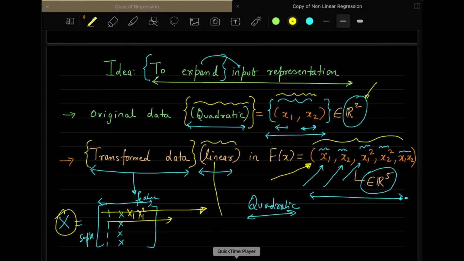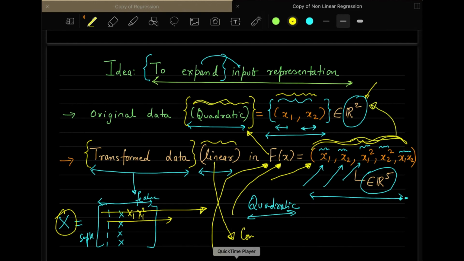Once your boundary becomes linear, then you can use all your concepts of linear regression here in the transformed space, because you have an understanding of the linear regression line, right? Once you have developed the theory about linear regression, you can apply it in this high dimensional space, and that is equivalent to the quadratic boundary if you down project these samples. If you down project this feature space back to R2, then it will be a quadratic boundary. So that is an important point to be noted here.